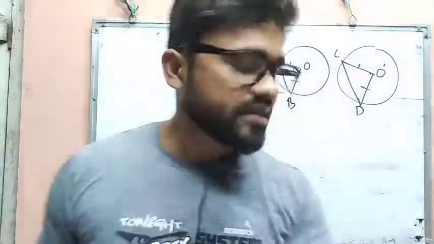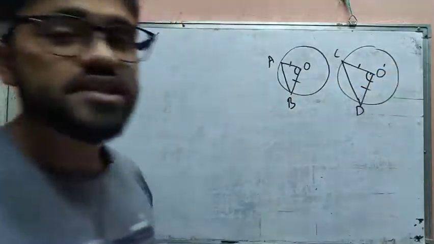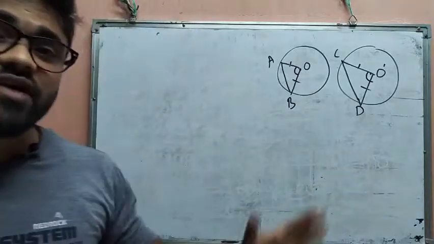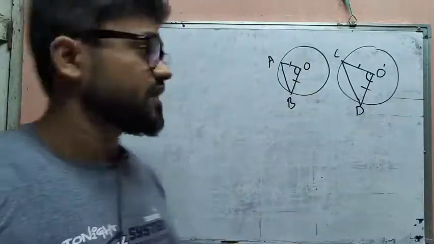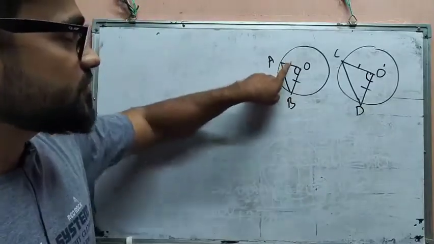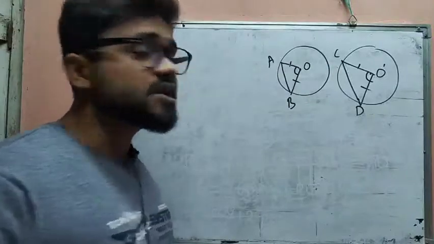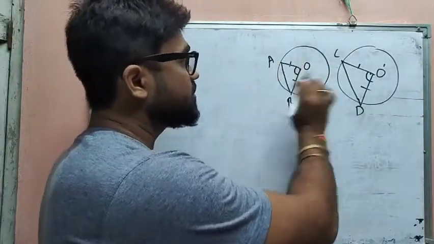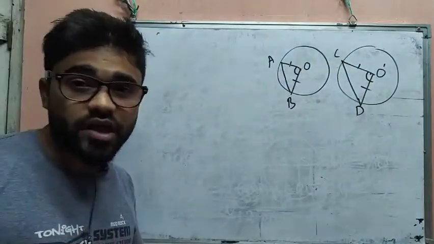In this question it is given that angle AOB and angle CO dash D are equal. Why are these two equal in this maths? Because this is given. In the last maths we proved that; now in this maths it is given that these two are equal. So these two triangles are congruent, and therefore AB equals CD by the criterion of CPCT, that is, corresponding parts of congruent triangles.